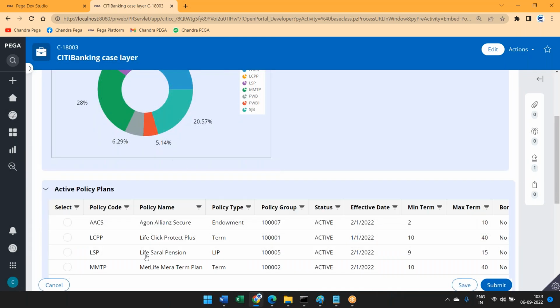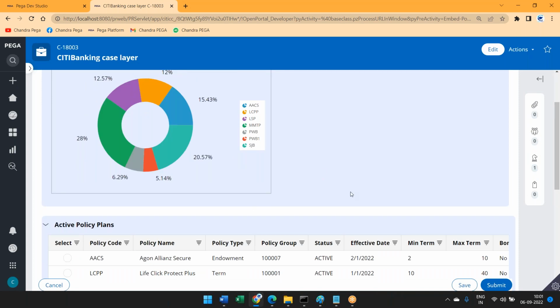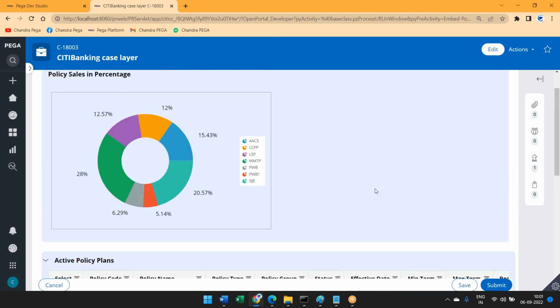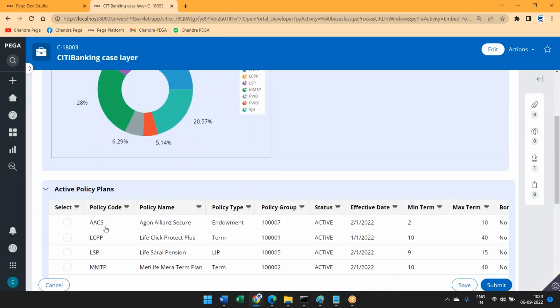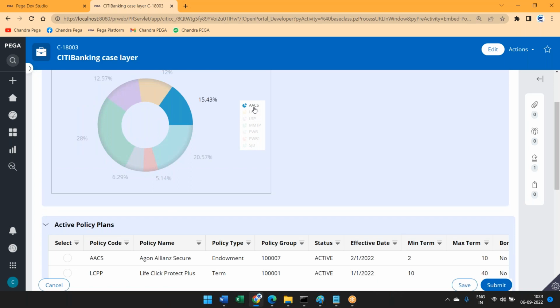Before selecting any plan, I can just check the statistics. Yesterday I told you that we can go for reporting also. This is one such. If we wanted to show this kind of reporting, you generally have to go for Tableau or Power BI. But in Pega, this is also completely included. So if you take the first one, some policy like this, before selecting it and going for submit, you can check how many people have opted for that. There are 15% of people only opting for this policy, and this one 12%,